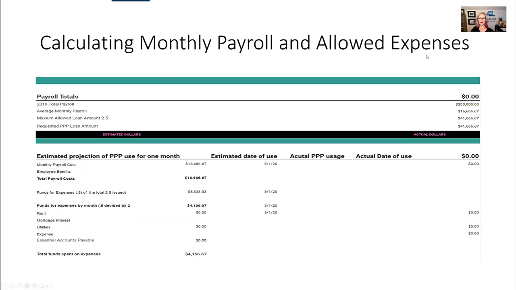All right, so here's what we're doing. We're saying this is our form that we're keeping track of for all of our people. So that way on June 30th, when they say submit all of your documents saying that the loans can be forgiven, this is what we're doing. This is our documentation of that. So we're coming over here and we're saying total payroll cost, the average, then we're doing our calculation of the 2.5, and then we're saying to every person, do you want to request the full amount? If so, okay. Then we're coming down here and we're just doing a projection of the month. So all right, we're going to say monthly average, any benefits that are included, and then we're going to say this is that 0.5 with a monthly